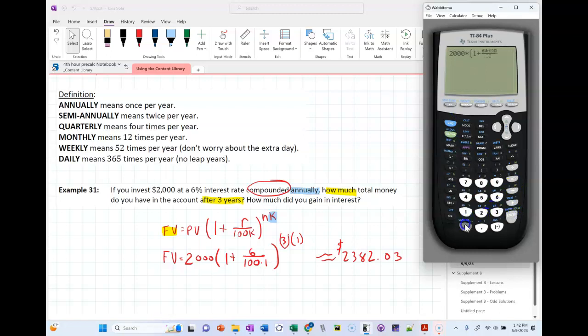So if I take that same situation and I do the simple interest formula for 100 years, I end up with $14,000. If I do the compound interest formula,